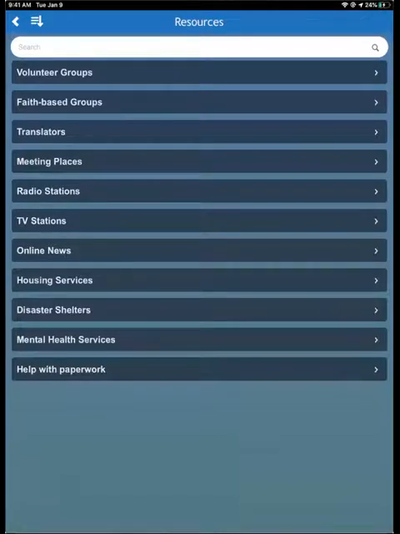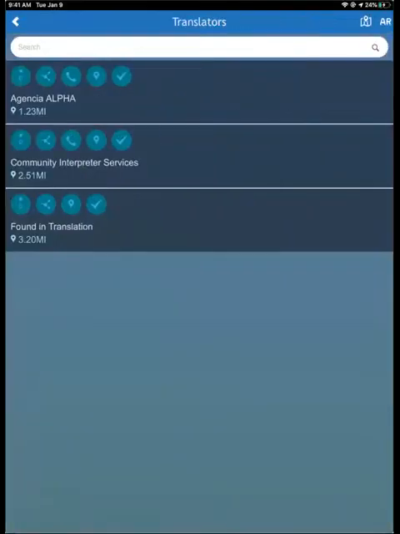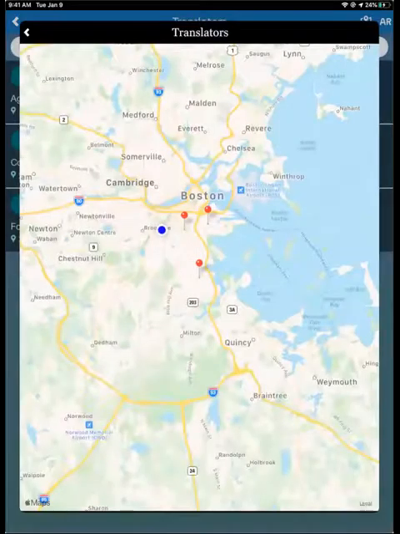Let's take a look at one of these services, translators. When we click translators, we see a list of the translators recommended to us by the community leaders with their distance to me now. We also have the ability to change the view of this page to a map of the resources and their proximity to me. If we take a look at one of these translators,